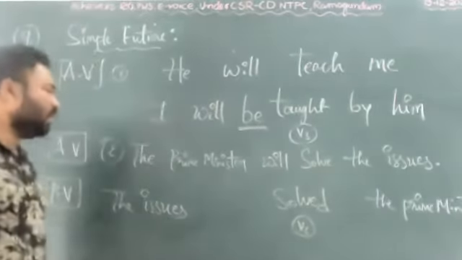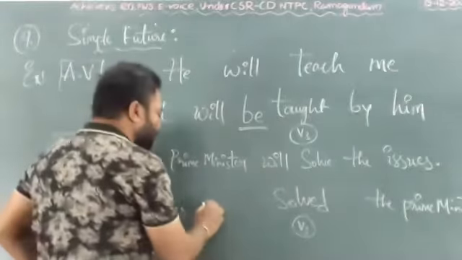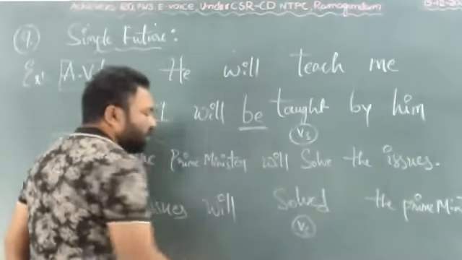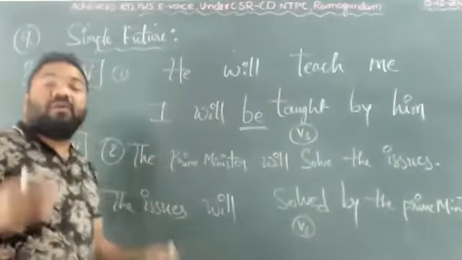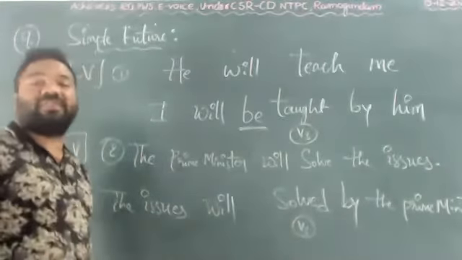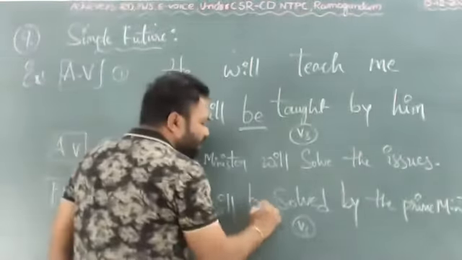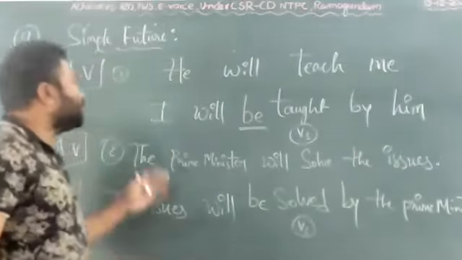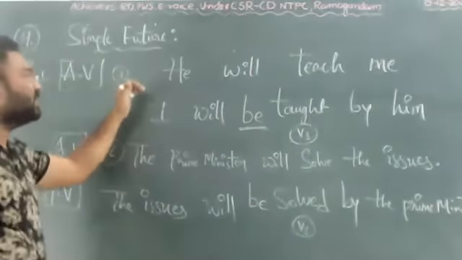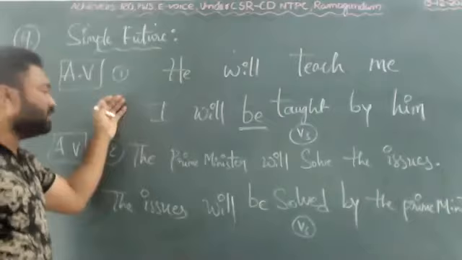Okay. Next will be here and here by. These are quite common. What do we have to add further? We have to add further be. That's all. This is how the conversion of simple future sentences which are there in the active voice can be